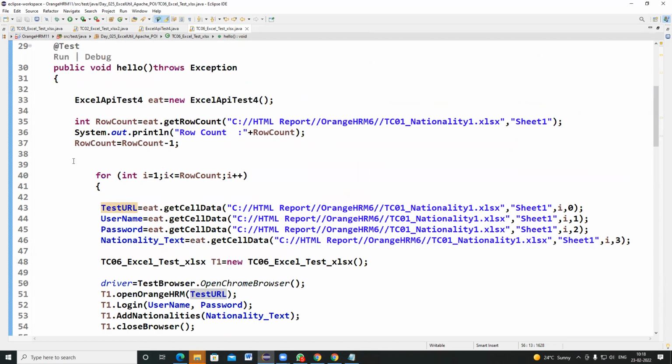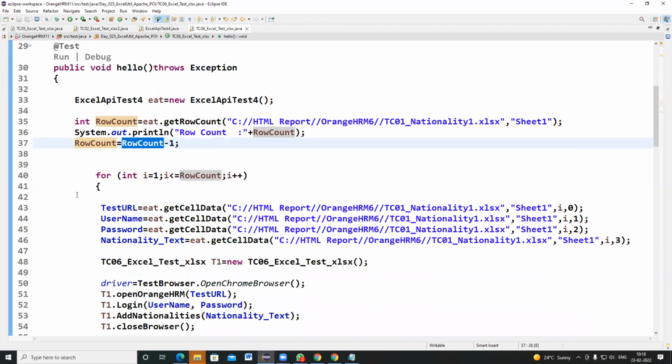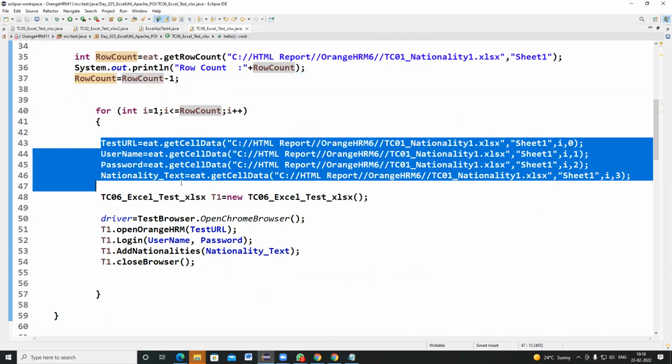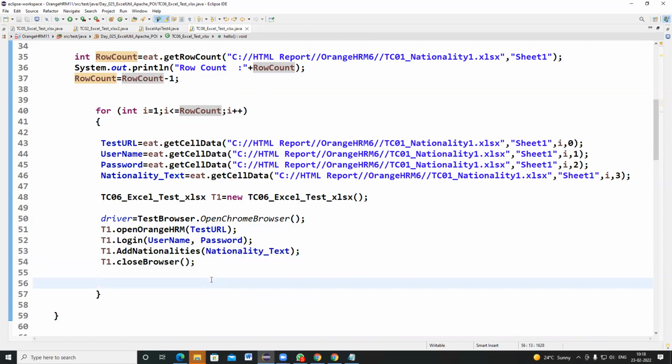Even the data provider logic is simple. It is connecting and it is executing, but people don't know the advanced topics. Still, people are using only the old techniques. So you have to create an object and specify how many times the for loop has to repeat, and you are calling all the input values, and whatever methods you want to call you can specify, so that those test methods can be executed that many iterations with the corresponding input values. Got it?